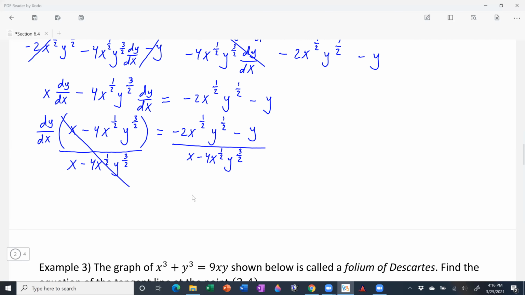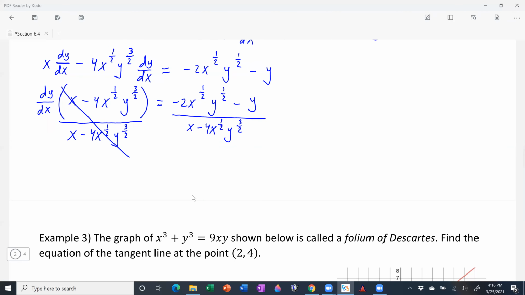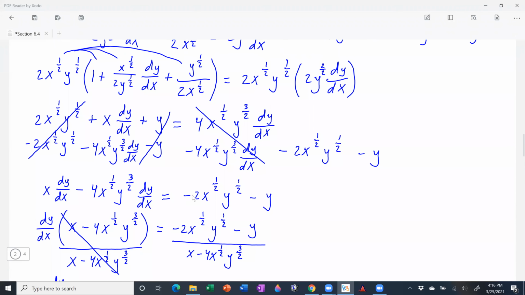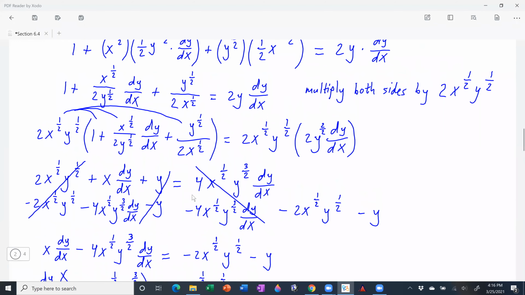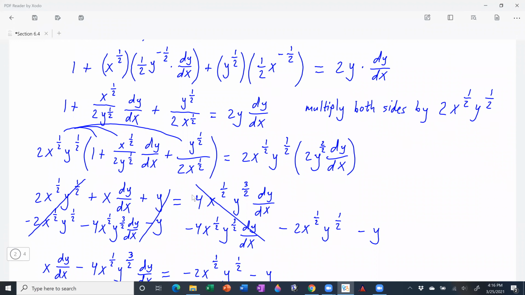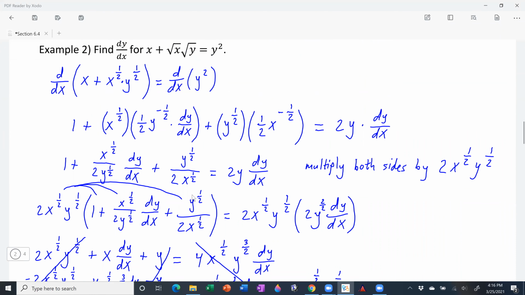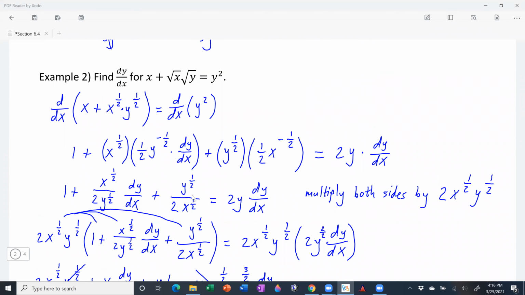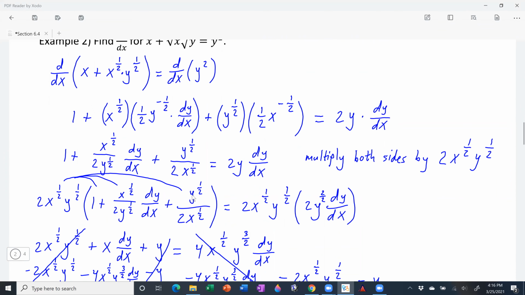Okay, so full canceling here, and we're left with our answer, dy/dx equals... And so there's that. I'll just rewrite it again. And maybe to write our final answer, instead of fractional exponents, let's rewrite them wherever possible as radicals, because we were given radicals in the first place. So maybe it's a good idea to rewrite the final answer in terms of